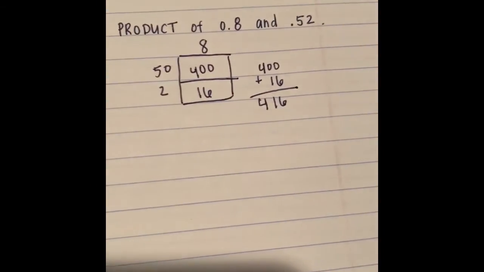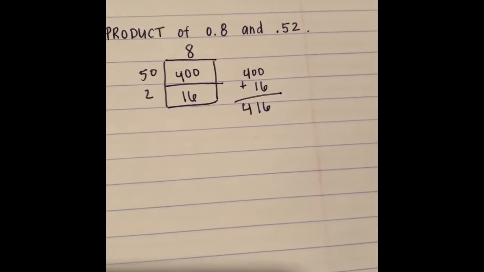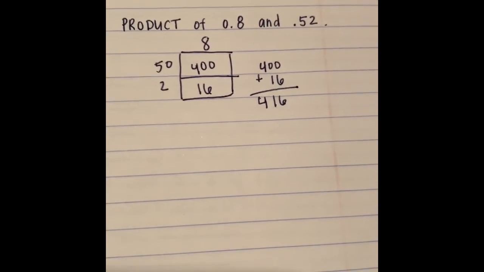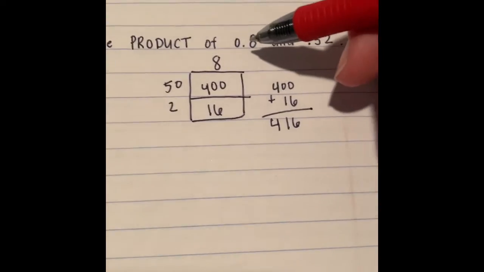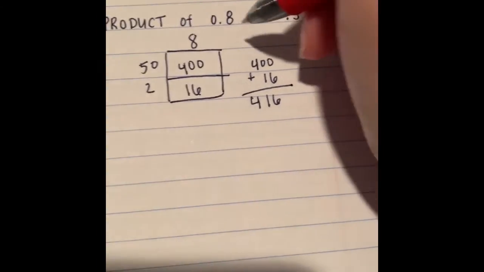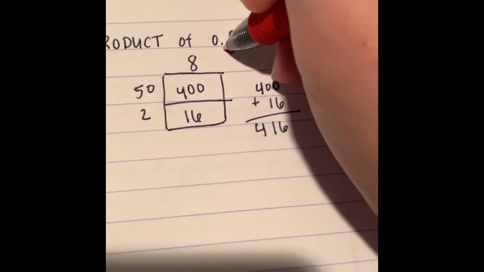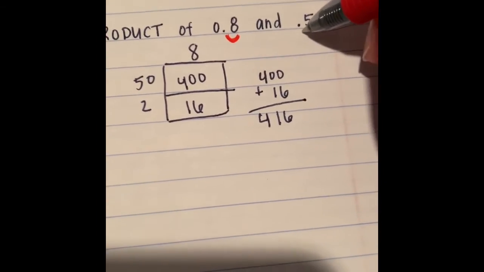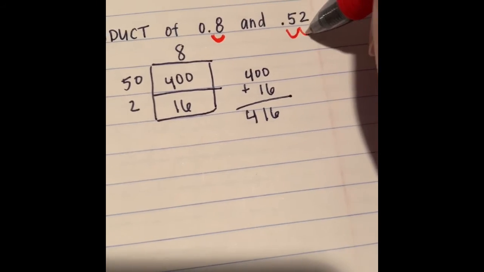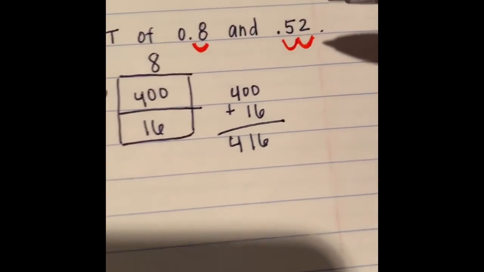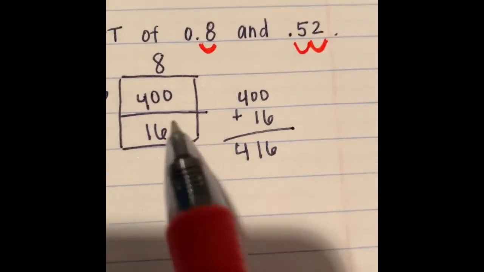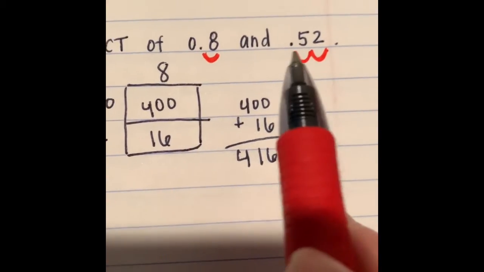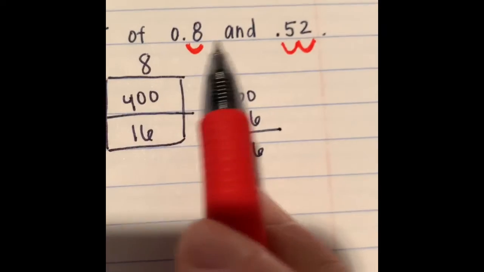So again, we're going to go in and count the swoops. Now this time, we have two numbers that have digits after the decimal. So we're going to start with this number, 8/10. We're going to count how many digits are after this decimal. Well, there's only one because it's only in the tenths place. But here, there are 1, 2. That means that there are two decimals. So there are a total of 3 digits after the decimal in our answer because there's 1 there and 2